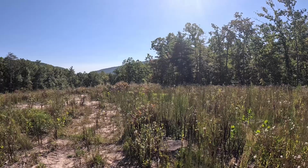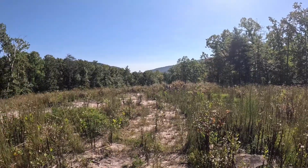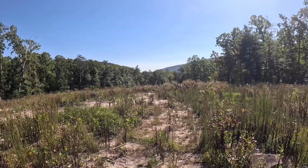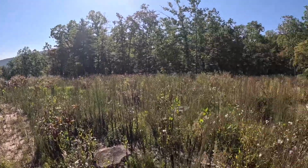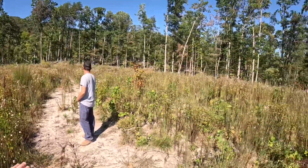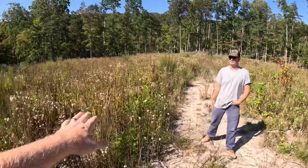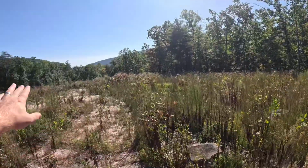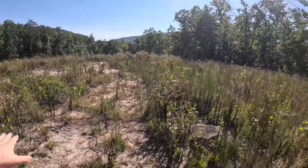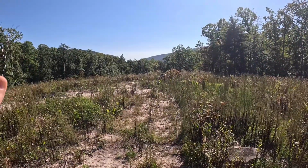We've just walked up to where the home site will be. So you can see it's on the top of this hill here with beautiful views. And this entire area is relatively flat. So what he'll have when it's all said and done is a house sitting over here facing this way with a beautiful flat yard around it,